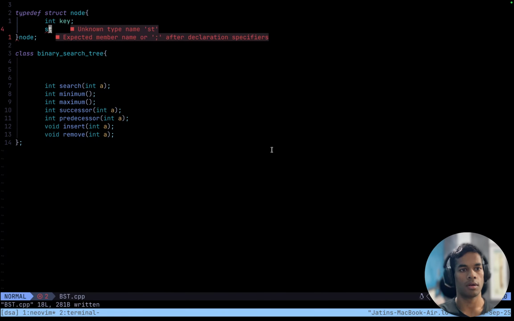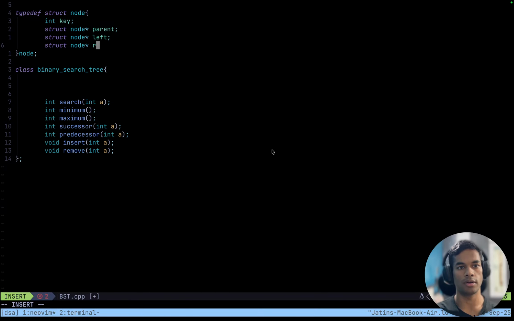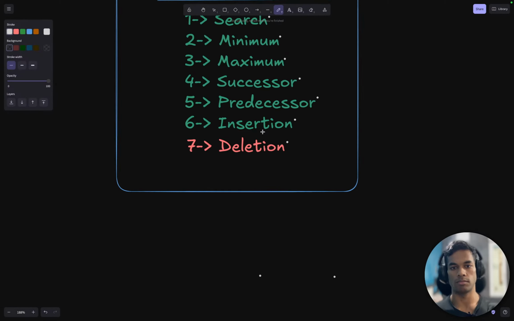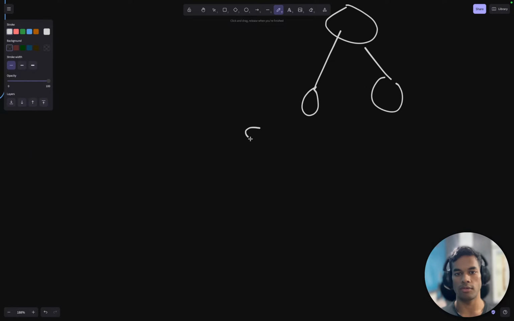It is going to have a parent, and a struct node pointer left child, and a struct node pointer right child. Do we need anything else in our node? I don't think so. Every node that is connected in a structure is going to have a few things: a key,